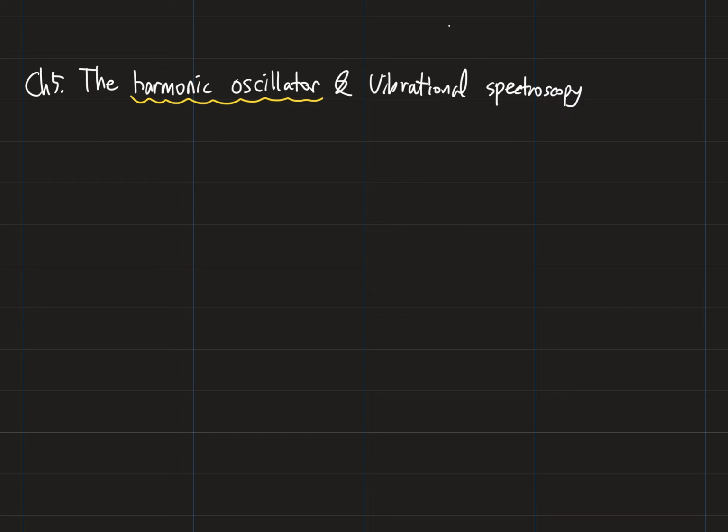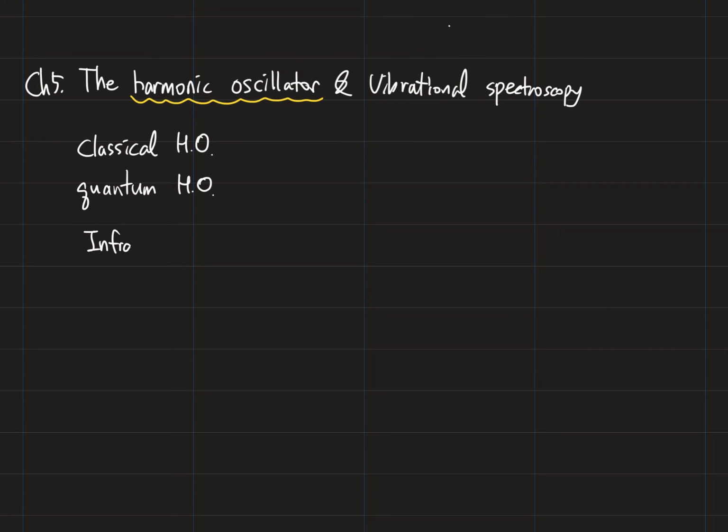The first is we are going to start with a classical harmonic oscillator, which you may remember from introductory physics. Maybe you learned the classical harmonics in the freshman physics class. Then we will apply our quantum postulates to develop the quantum mechanical harmonic oscillator. And this will lead us directly to understanding the infrared spectrum of diatomic molecules.